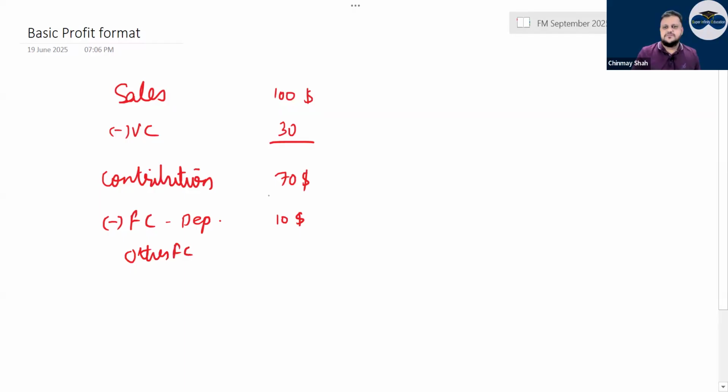Other fixed cost. Sir, what is other fixed cost? Rent, electricity, maybe your salaries, admin cost, correct? All that. So, sir, only by making this bottle are you going to be able to run the business? Tell me. Or you need to pack it also, sell it also. You will have to store it also. For storage you will require a warehouse. For making it, you will require a factory. Factory rent will be there. Now tell me, you make this bottle, you don't make this bottle, factory rent will surely be incurred, even if you